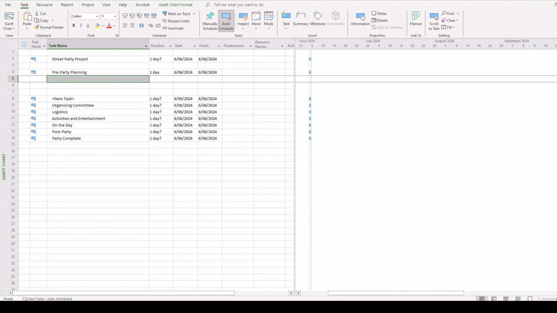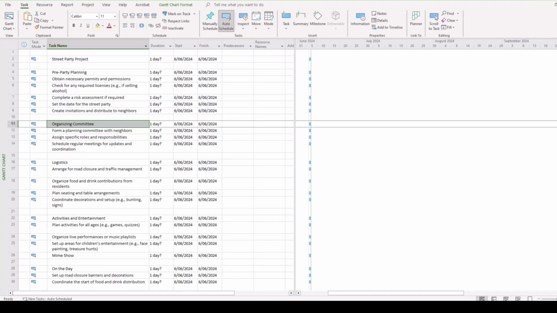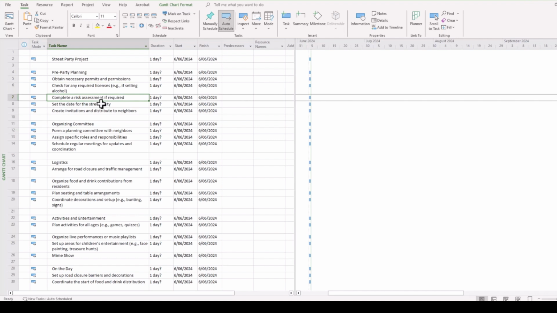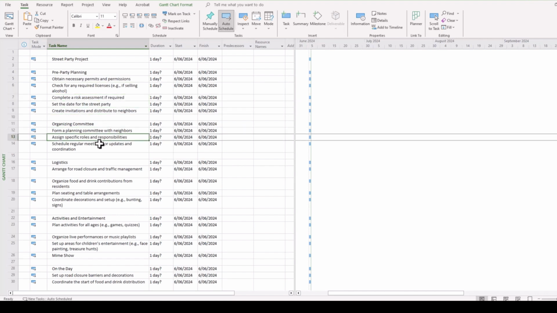In the interest of saving time, I'll get to work and fill out all of the lower-level tasks that I can include in this project schedule. Okay, so we have now inserted all of the tasks that we feel we need to get this project to the point of completion. But you'll notice that it's still a little difficult to follow, isn't it?